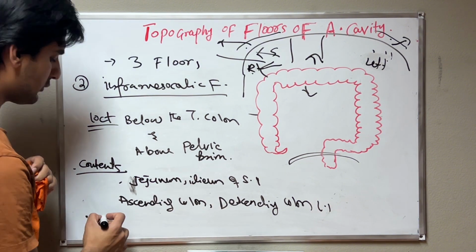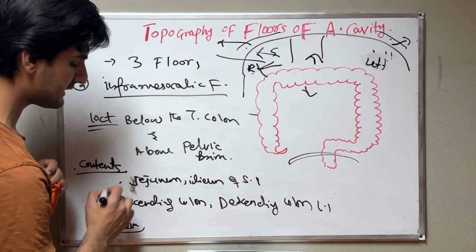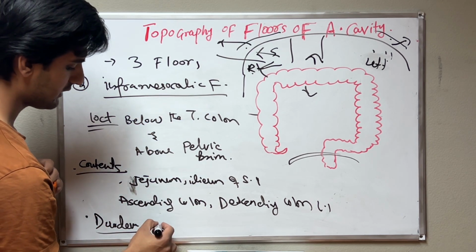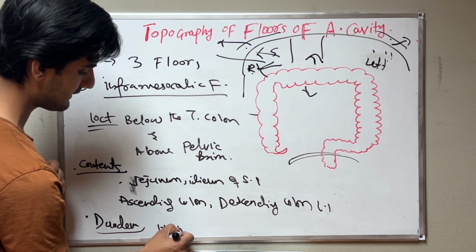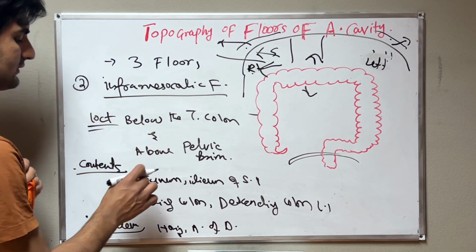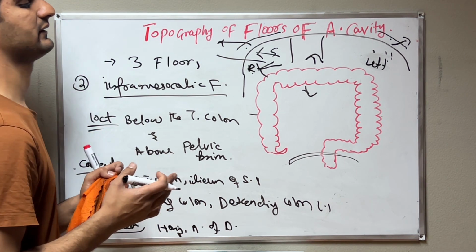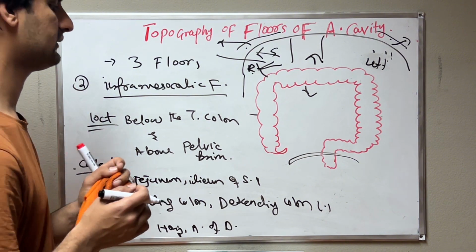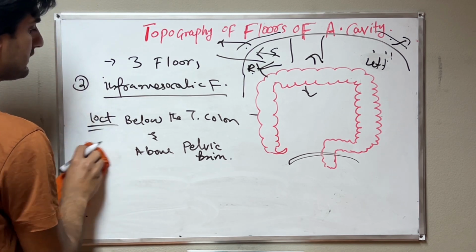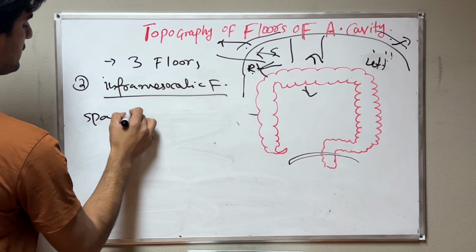Also duodenum, the 2 parts which were remaining: in addition to the superior and descending parts in the supramesocolic floor, we have the horizontal and ascending parts of duodenum, also located in the inframesocolic floor. Okay, then also we have spaces here. Spaces of the inframesocolic floor. Now I will tell you where we have